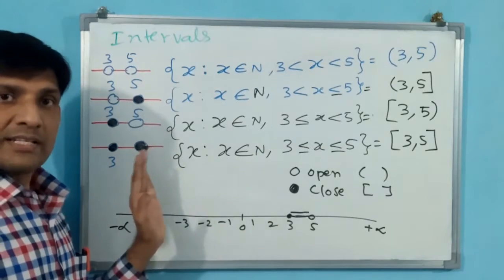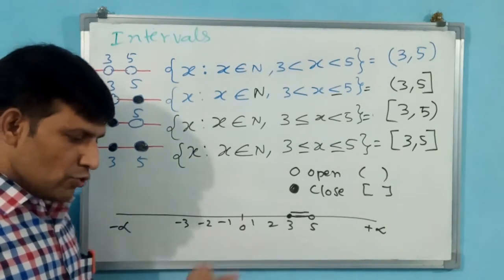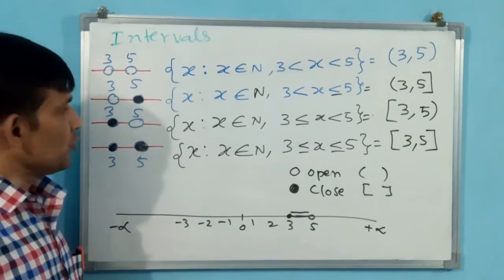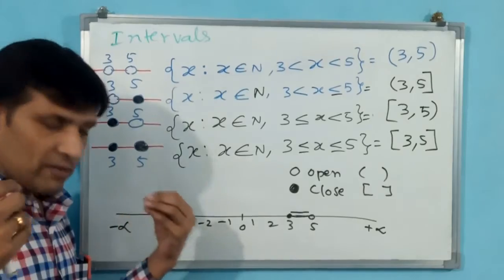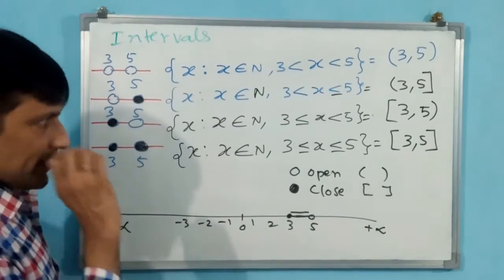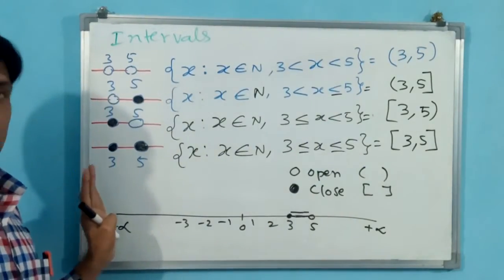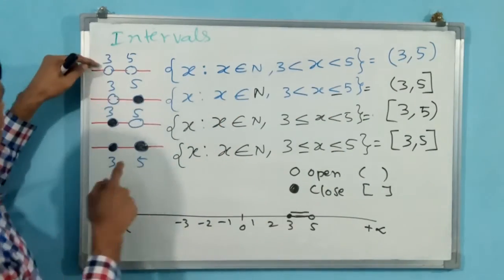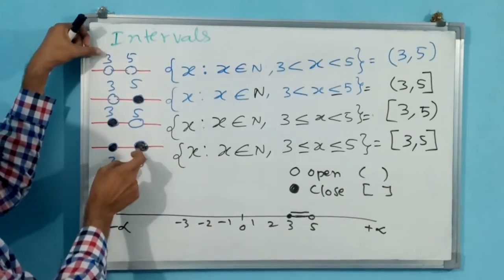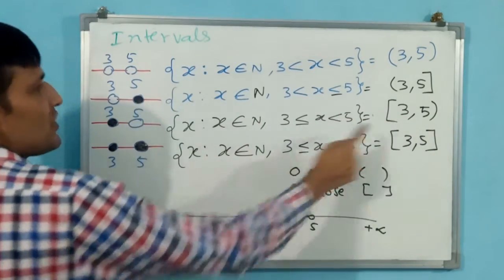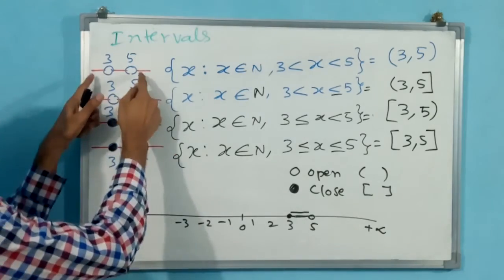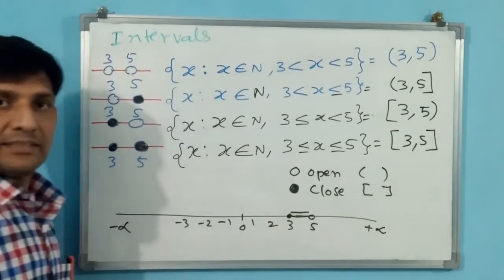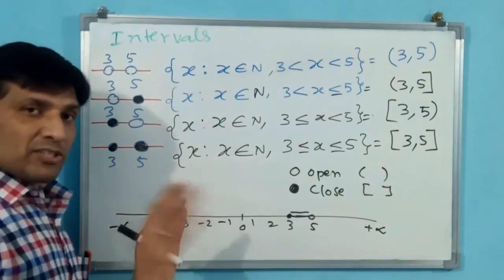If you understand these intervals, then we go for universal set. Okay, universal set. If we complete universal set, then we go for exercise 1.3 also. Okay, these are very essential. Open interval, closed interval. If you understand these two, automatically you can understand which is closed, which is open. Here both are open, that is a parenthesis. Both are closed, that way both are brackets. Okay. In between numbers it doesn't matter.